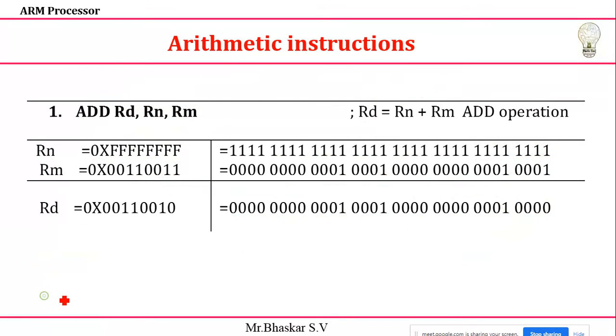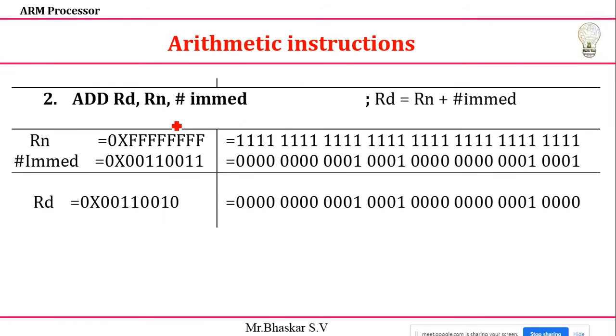This is one way of using this instruction. Next, instead of taking Rm, I have some Rm value. I'm taking the Rm register having some value. Instead of using this way, I'll write this value directly here. I can replace it. Then we can do the addition process. You can see, instead of writing Rm, I'll write it as a hash of immediate value, but the same value. I'll get the same result. Instead of taking one register, the Rm register, you can use the value directly. It will add and the result will be stored in my RD register. This is another way of representing my add instruction.